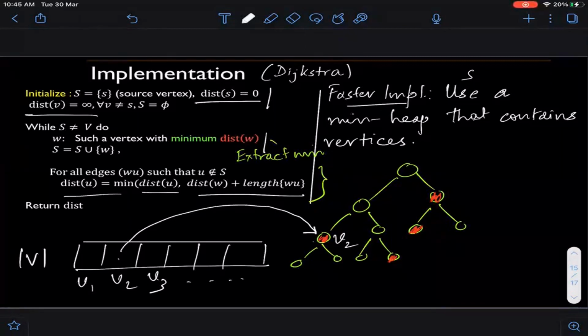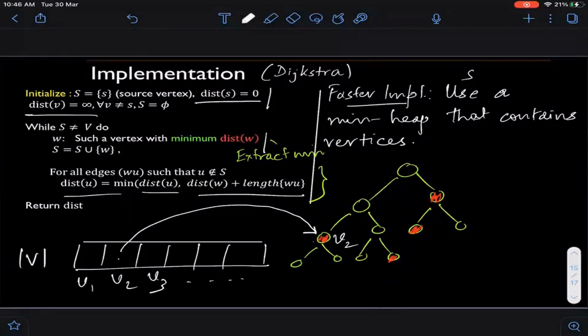So suppose I get to this pointer. Now, what does it mean to adjust the label? Can I just adjust the label and do something? There are many ways of doing it. You can update the value and call heapify. You can delete this node and insert another node with the adjusted value. So you delete V2, then you insert V2 again, but now with a different key value. The key value would be the new distance label, and you call heapify. But remember, finally, what should I do?